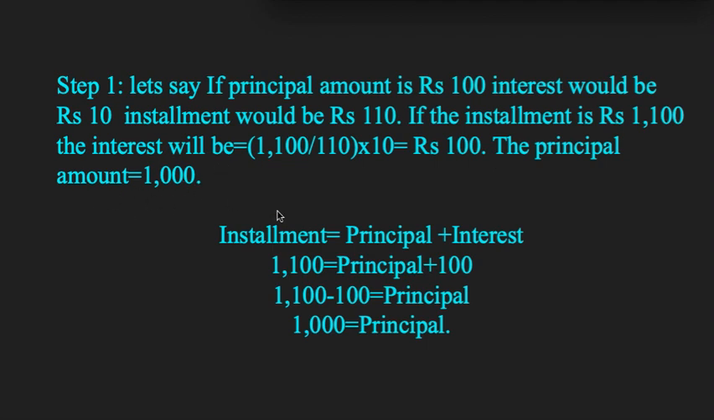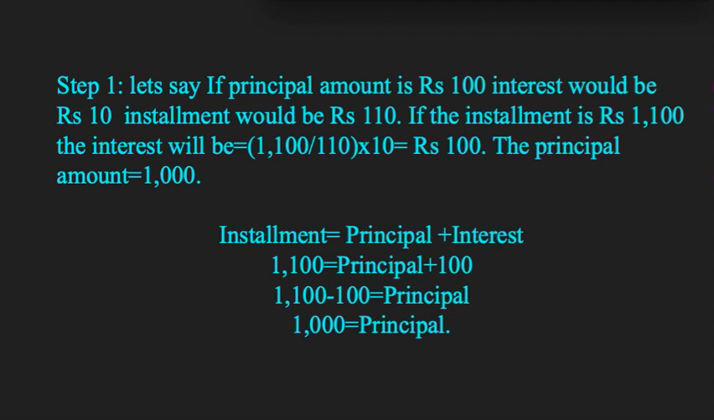How do we get the principal? We know installment is equal to principal plus interest. Installment is 1100, principal amount we don't know, and interest amount we know it is 100 rupees. So on the RHS this is positive; if it goes to the LHS, it will become negative. 1100 minus 100 is equal to the principal amount. So 1100 minus 100 is equal to 1000. So this 1000 is the principal amount, and this will be the outstanding balance as on